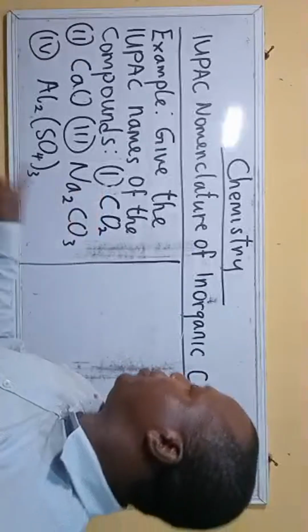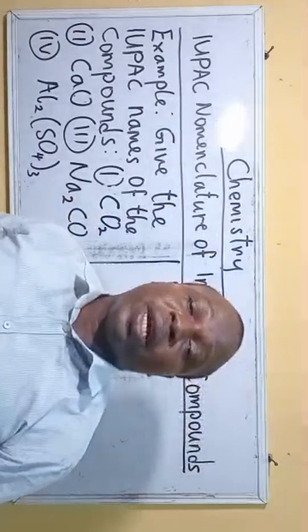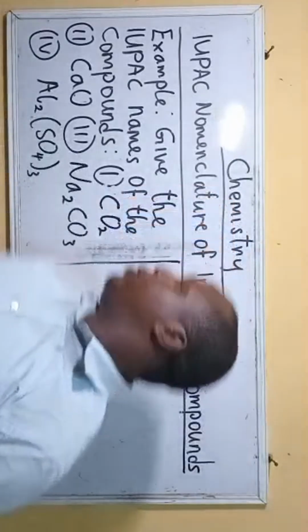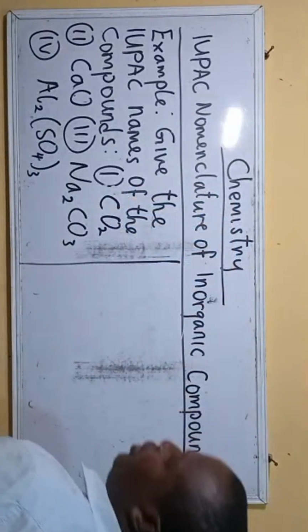Let's start with the first one. I have CO2, which is carbon 4 oxide. Let's start with it. Look, the first one is